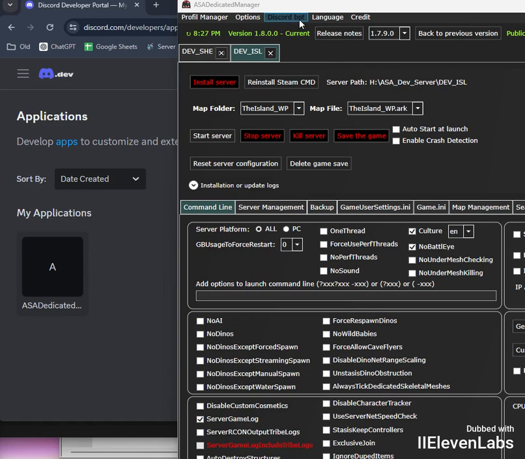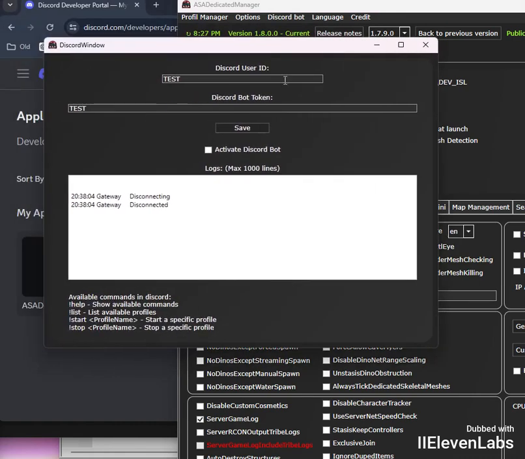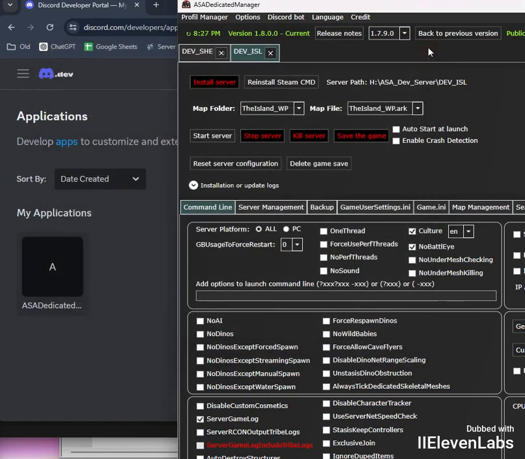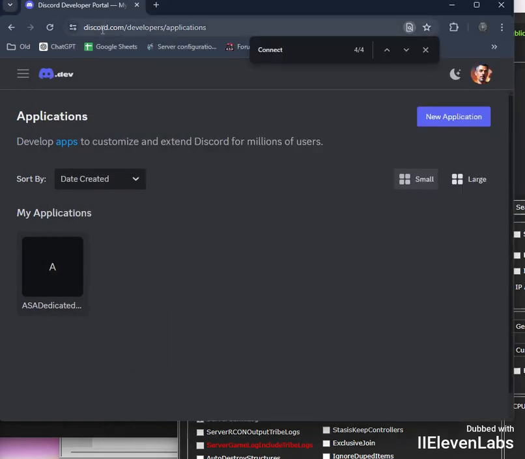You will find a new option called Discord Bot. You can select it, then open it, and you can notice all of this. We'll set that up later. The first thing to do is to go to